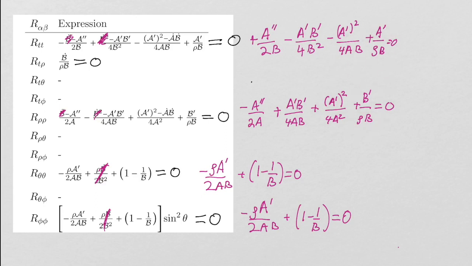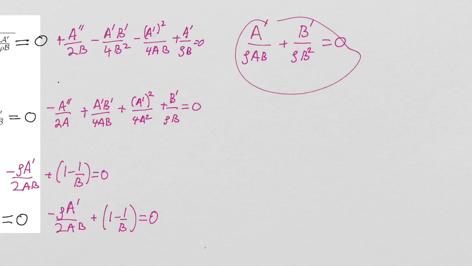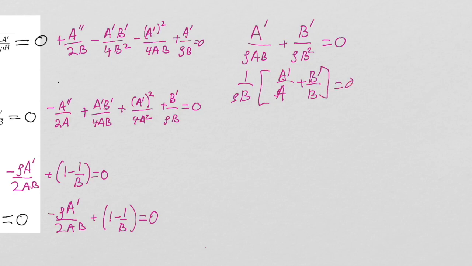So the result of that work should be, let's see, I'll go over here and write that down. If you just combine them, you end up with this expression, right? You end up with a prime over ab, b prime over b squared. And then we factor out the b, right? So we end up with 1 over b. And then this is a prime over rho. Well, actually, I factor out a rho b, right? So 1 over b times a prime over a plus b prime over b equals 0. Then, of course, this guy cancels, and you get a prime over a